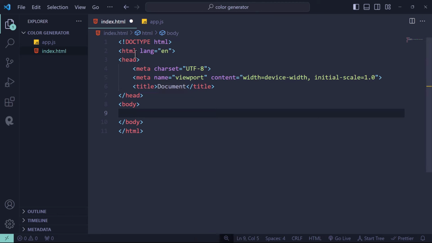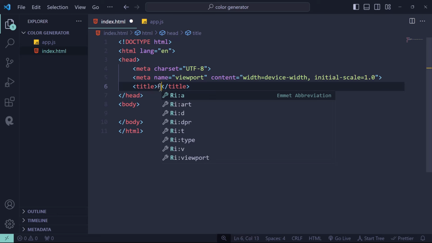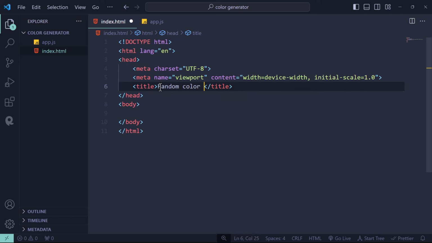And inside the HTML file, if you press Shift 1 and press enter, this will create the default HTML boilerplate code for you. As you can see, we have this doctype HTML, which means this is an HTML5 document, and HTML opening and closing tags, and head tag and the body tag. And let's change this title to random color generator, and inside the body tag